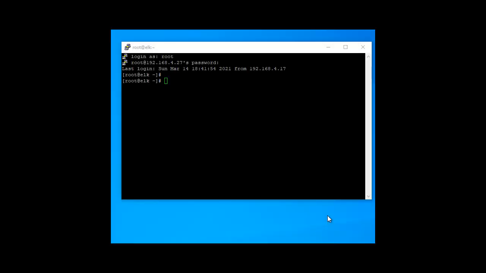Okay friends, so now I am on the ELK server. So let's start the installation. First we install the prerequisite, that is Java. I am using this command: yum -y install java.